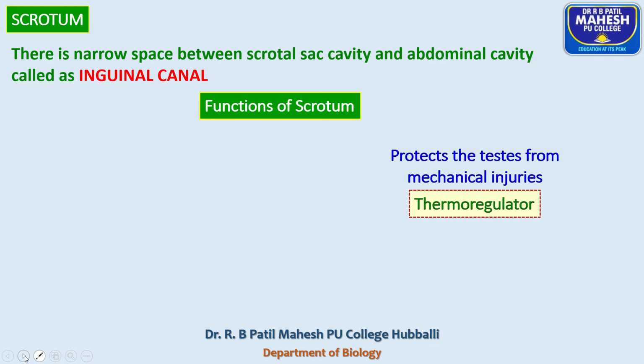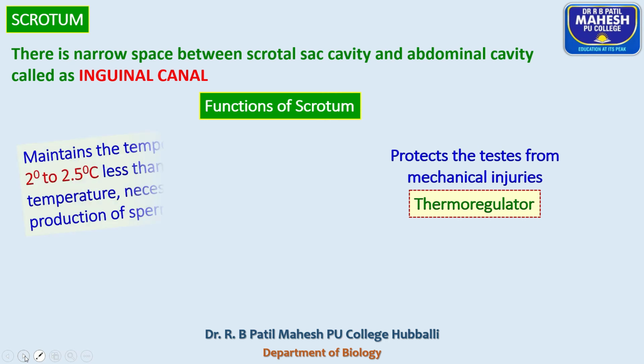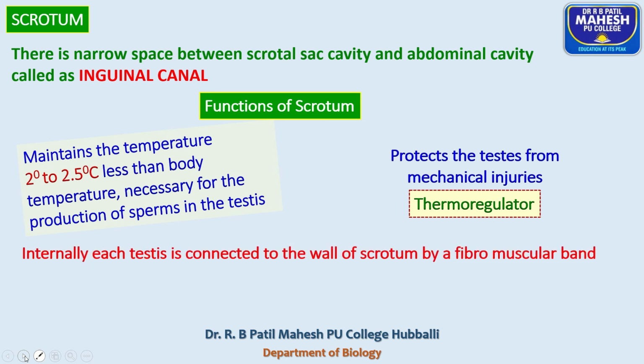That means when you compare the abdominal temperature and the extra-abdominal cavity temperature, in the extra-abdominal cavity the temperature is 2 to 2.5 degrees less. This lower temperature is necessary for the production of sperms in the testes and the survival of the sperms. And one more thing you remember, the testes are connected to the posterior wall of the scrotum by means of a fibrous cord or fibromuscular band,